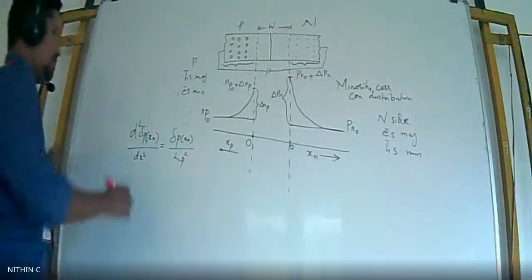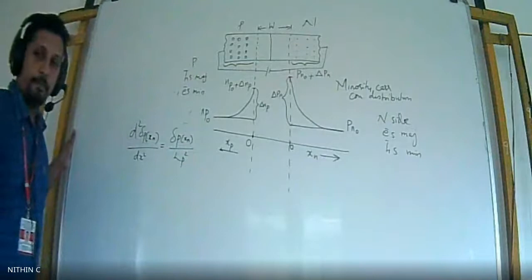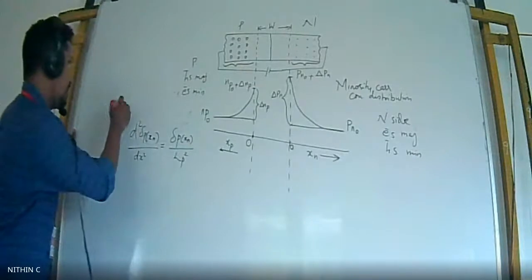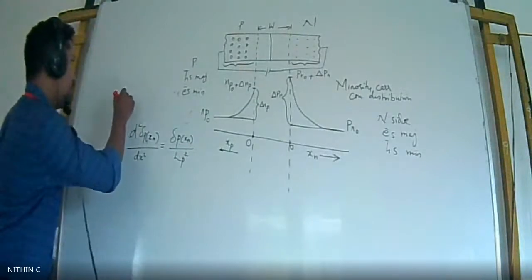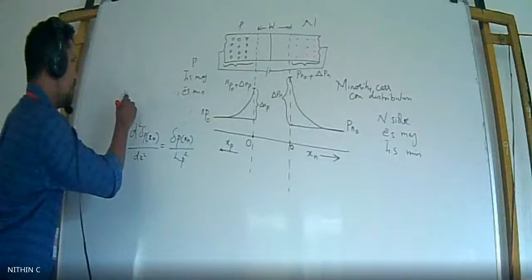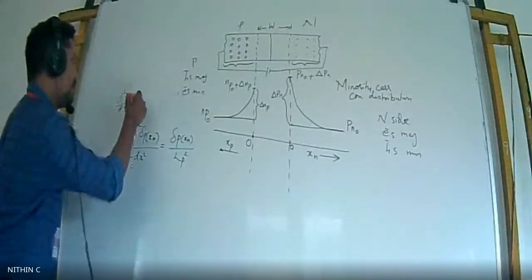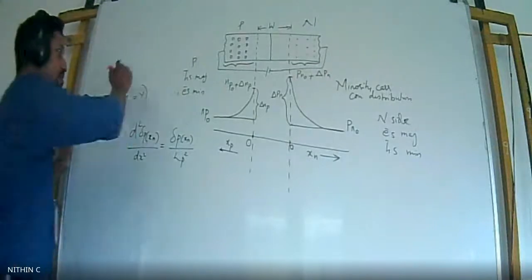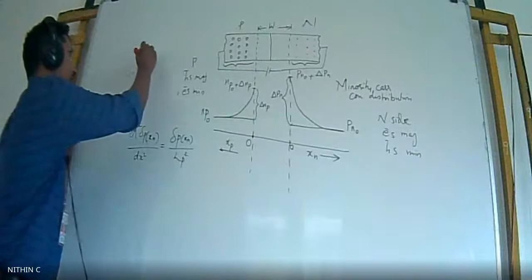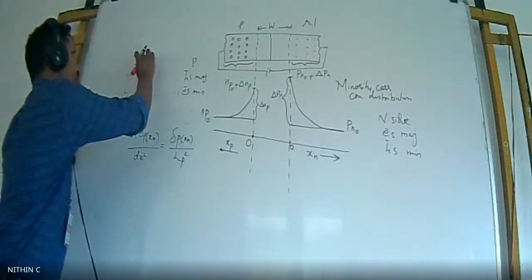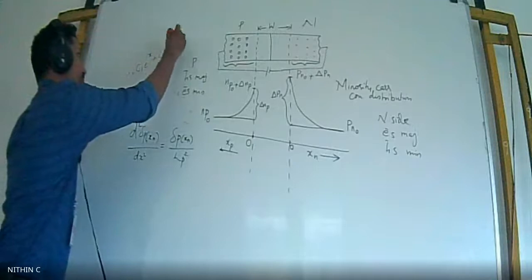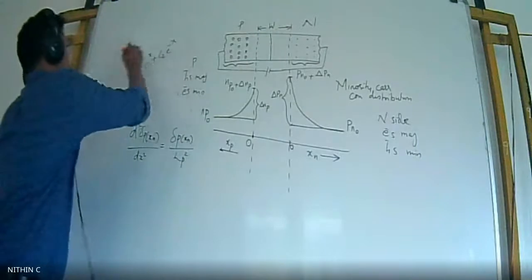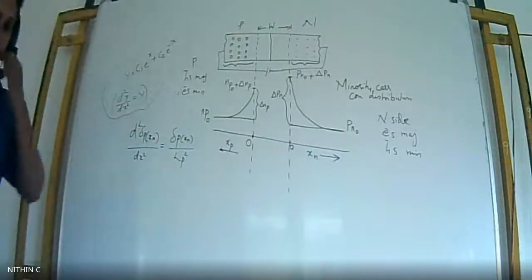So this actually looks similar to a partial differential equation, right? So we have a solution for this. I think you remember the solution for d square y by dx square is equal to y. If you are having an expression of this kind, the solution is y is equal to c1 e raised to x plus c2 e raised to minus x. Right, we have a solution like this. I think you might have learned this in your differential equations session of mathematics.